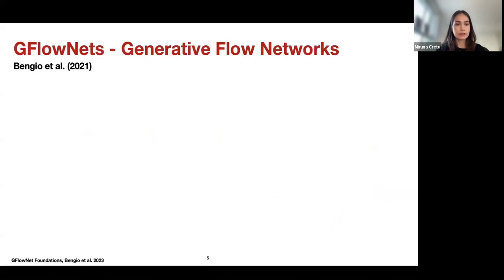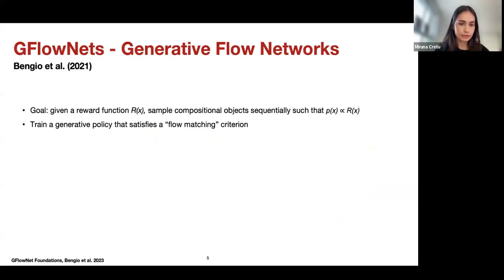So first, GFlowNets. The goal for GFlowNets is that given a reward function, we want to sample compositional objects sequentially, such that the probability of sampling the objects is proportional to their reward. When I'm saying compositional objects, this can mean any kind of object which can be constructed through a sequence of decisions or actions, such as graphs, and they can take the form of molecules as well, or sequences, etc. And the way we do that is that we train a generative policy that satisfies a flow matching